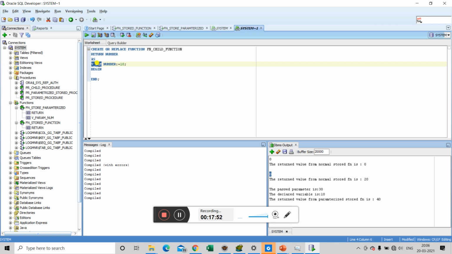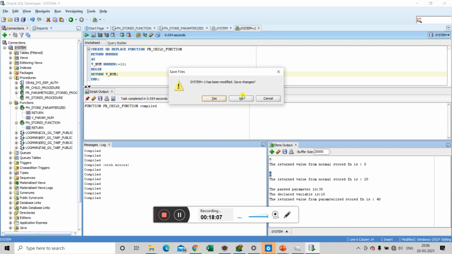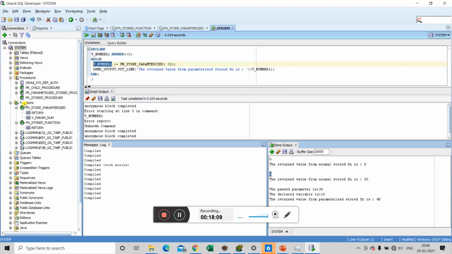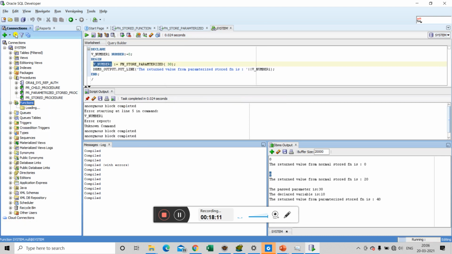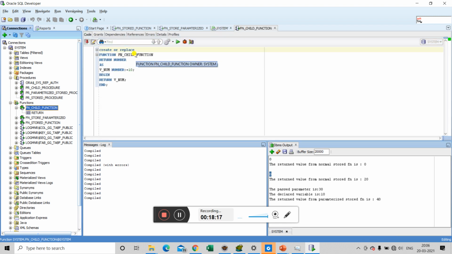Let's make it simple, just return the variable only. The function is compiled. Now, as it is stored in the database, we are able to see it on the object palette here in the function section. So now we will be calling this particular child function in our main function.